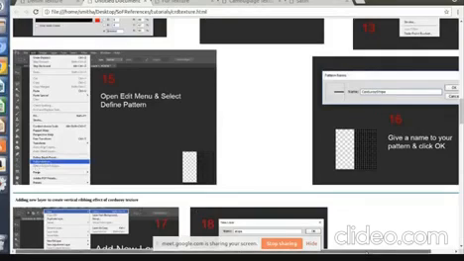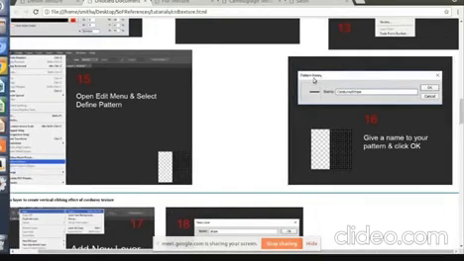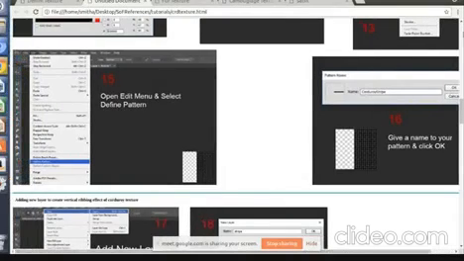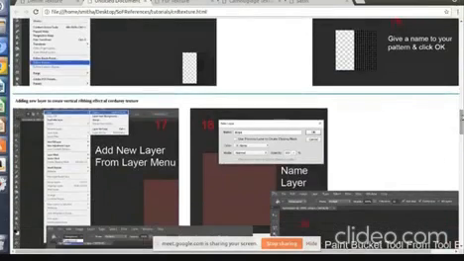Select that option and it will open this dialog box, Pattern Name. In this you give it some appropriate name. I have labeled it as corduroy stripe. Click on OK. The moment you do that, the pattern will get added to the list of available patterns in Photoshop.